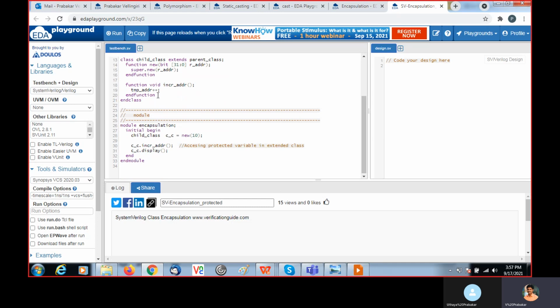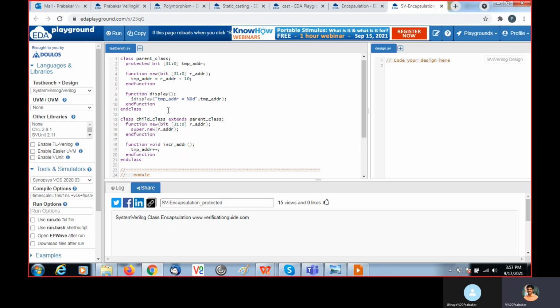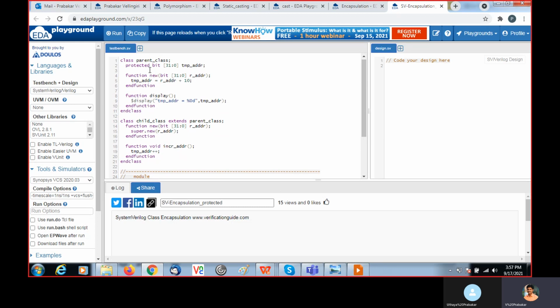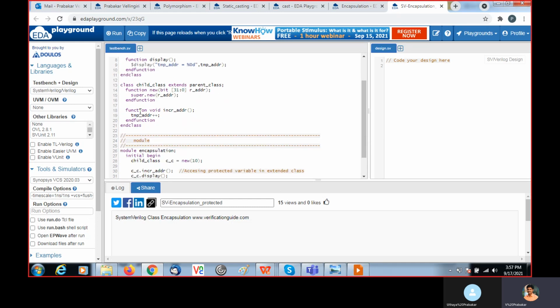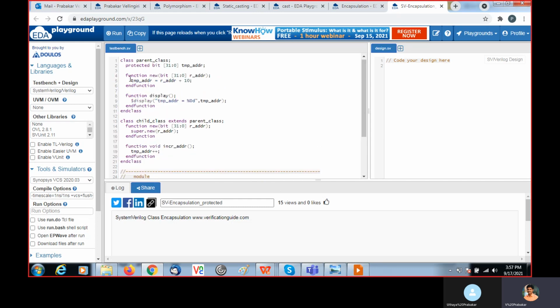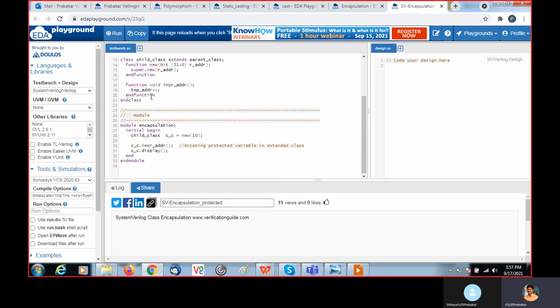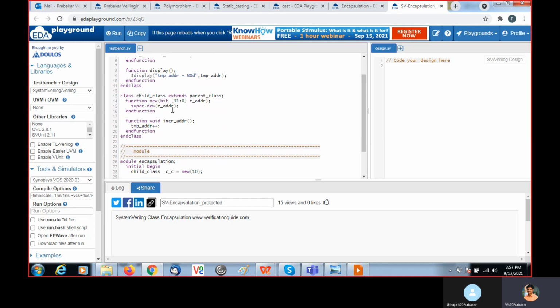When I call this method, the temp address value becomes 21. So it is declared as protected, so the child class or the derived class can access or vary the value. If it is declared as local, you can't increment the value here.